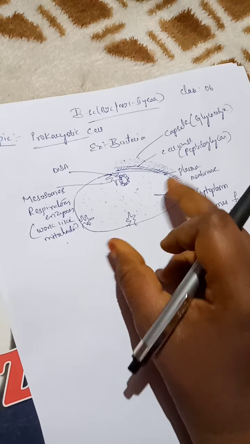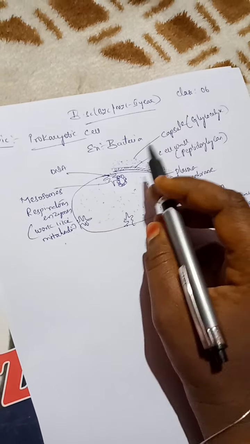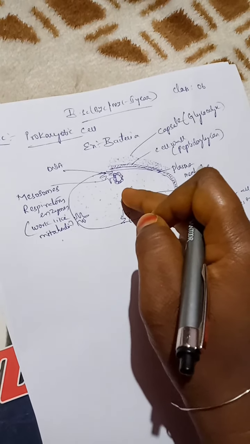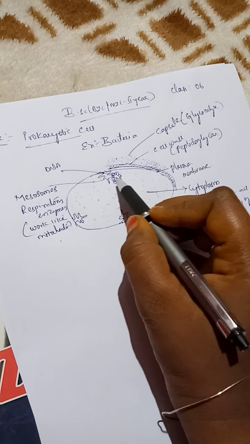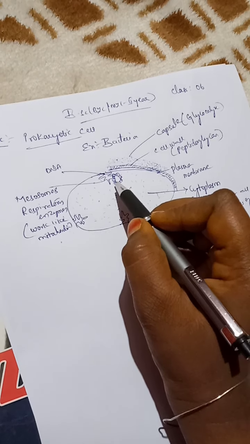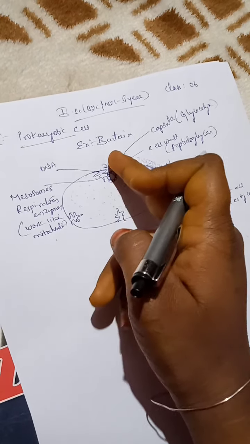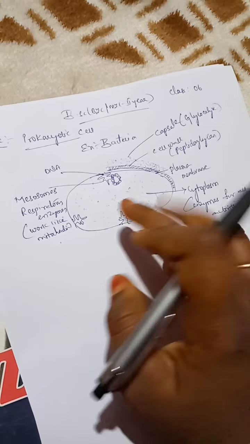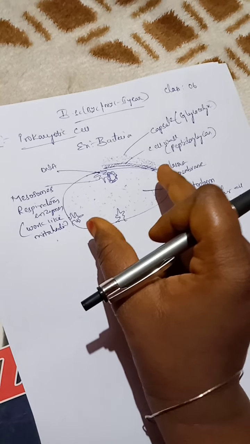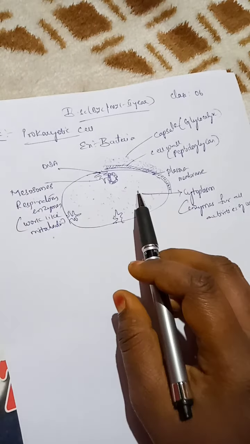So how will the cell be divided? This is the bacterial cell, and when it is time for division, the mesosome having enzymes will make a constriction in the cytoplasm. At that time the DNA attached to the mesosome will get copied. The copied DNA will go this side, and the original DNA will be located this side, and the constriction made by the mesosome will make one cell into two cells. Like this, the genetic material is passed on to both the cells. Getting? This is the important point we have discussed.